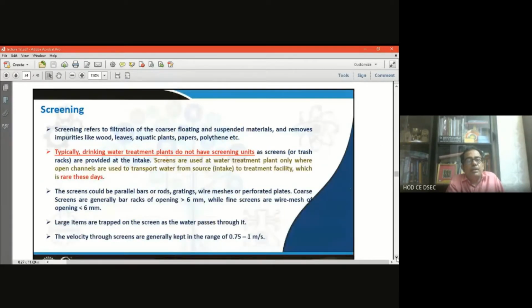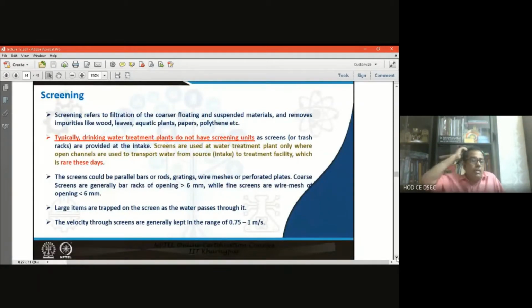Now the first unit is the screening system. Our treatment process starts right from the screening. The screening is basically a preliminary treatment of the water treatment process. As this is the very beginning treatment, before the primary treatment, it is the preliminary treatment because it basically removes the coarse materials running into the system so that malfunctioning in the equipment does not arise. That is the basic purpose. Screening safeguards against floating materials entering into the system.